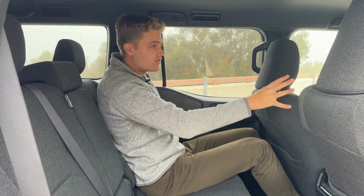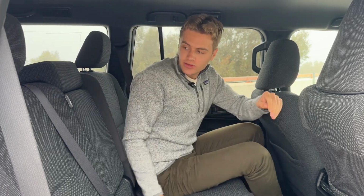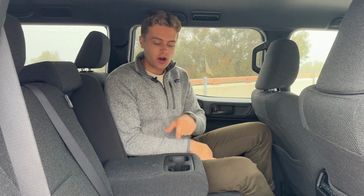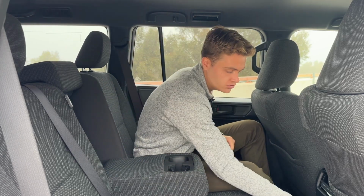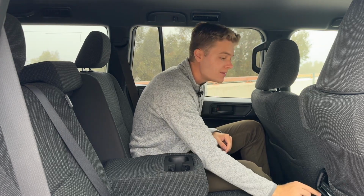There's no sunroof on this vehicle, but I'm quite fine with that. That makes headroom better, and I find them quite annoying, and I always have the shade closed. Anyways, you can fold down the center armrest to reveal a pair of cup holders. We have dual USB-C charging outlets back here, a 12-volt socket, automatic climate controls back here too, which I'm pretty